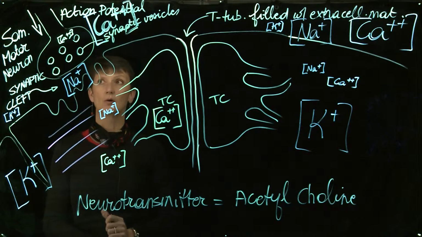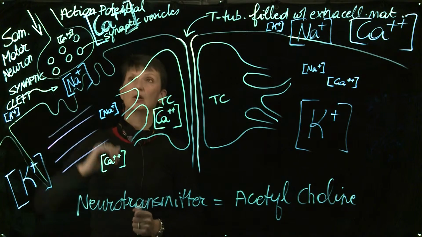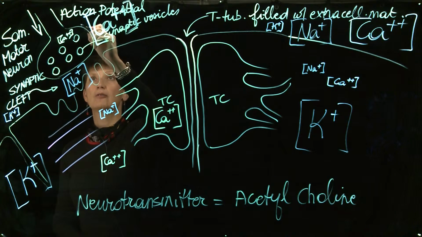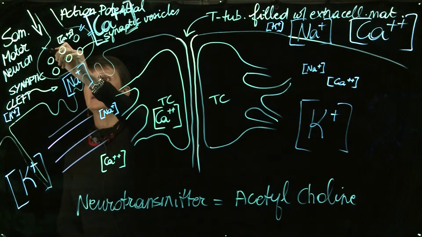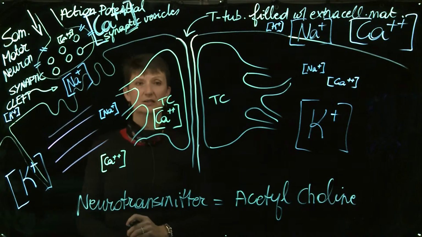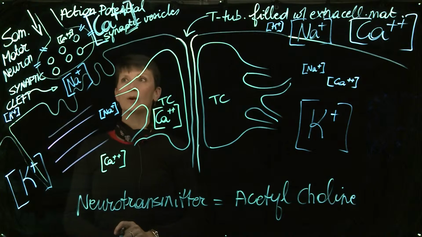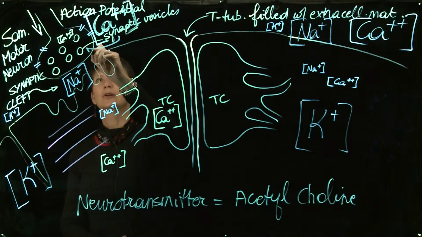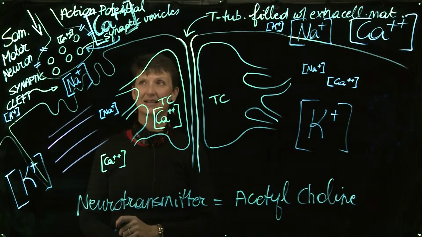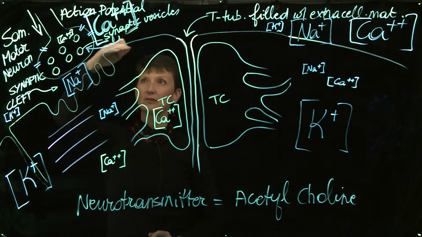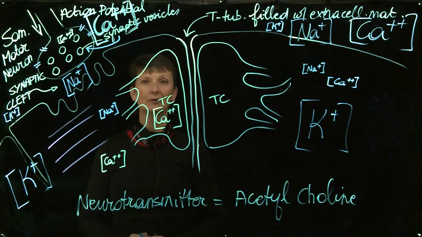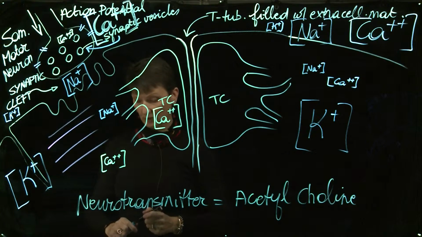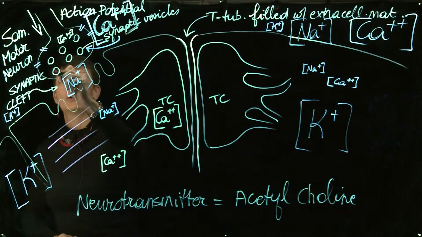Okay, so our action potential is arriving from the central nervous system, and this is going to trigger the opening of calcium channels that we find in the membrane of our axonal terminal. And so consequently, in which direction will calcium enter? Calcium will enter into the axonal terminal. When calcium enters into the axonal terminal, that triggers these synaptic vesicles, which are filled with acetylcholine,